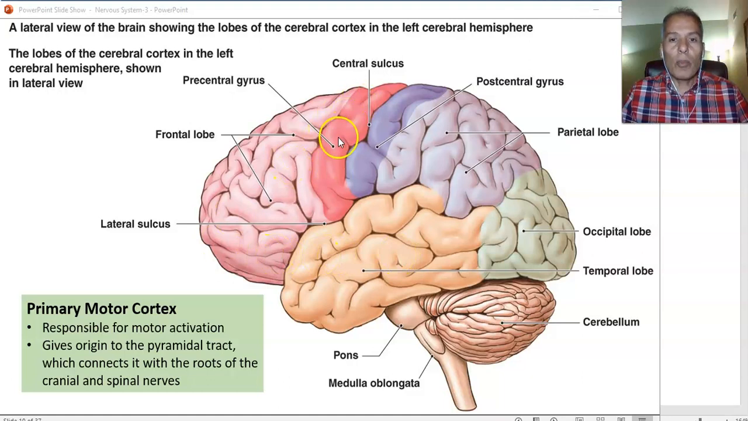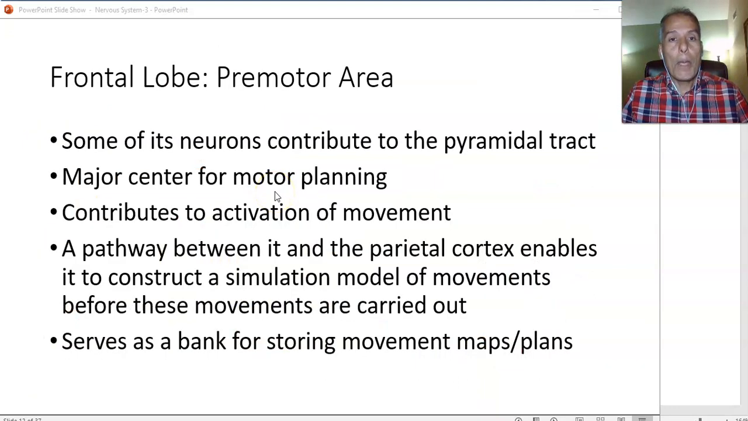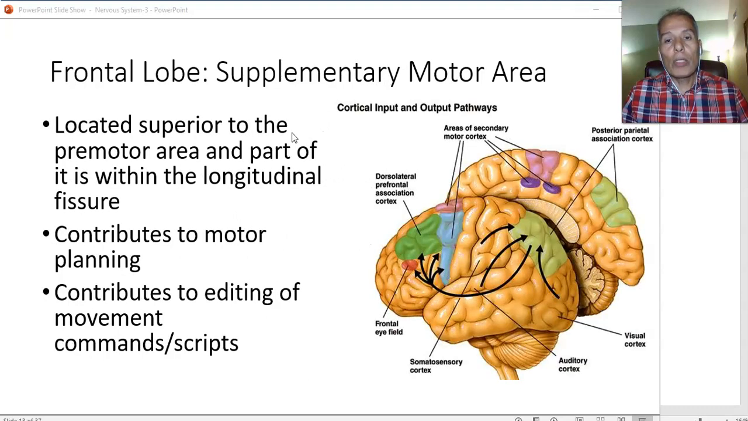So that is the primary motor cortex. And the areas before it, the premotor areas, are dedicated to planning of movements before you do these movements. And there are several areas for planning. So the premotor area, some of its neurons,